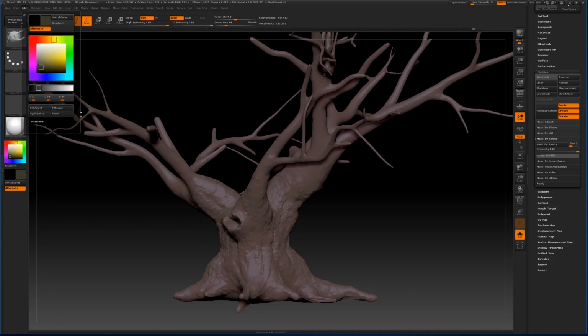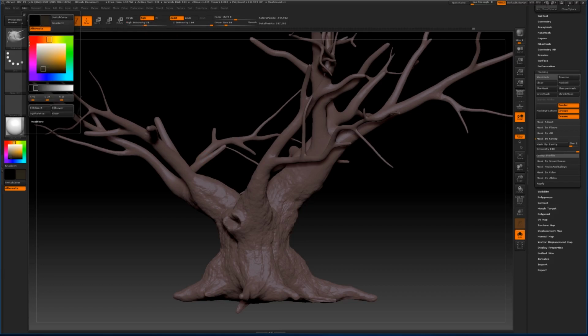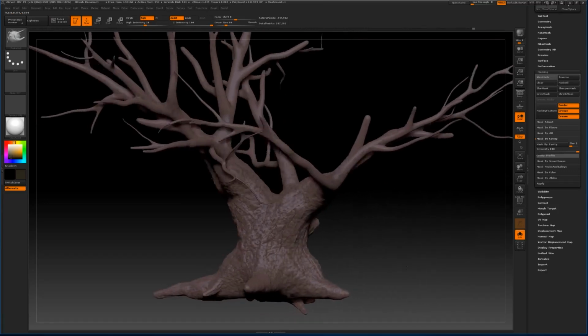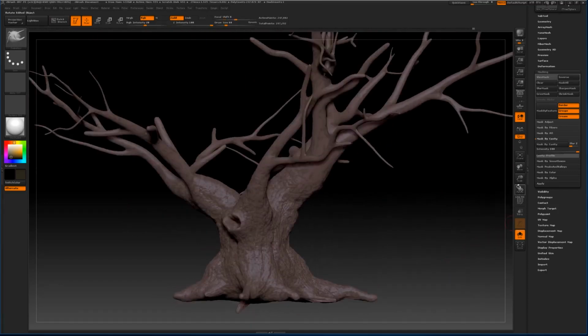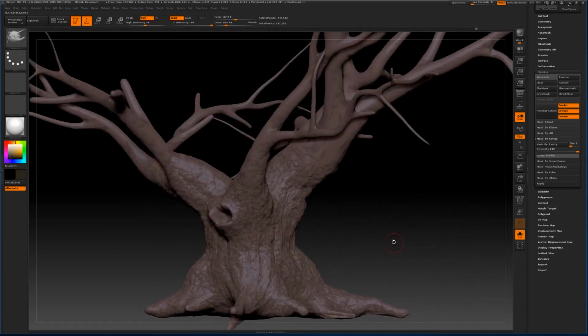That's too much. So what I will do is when I'm trying to do something like this, I don't want it to be that drastic, so I will turn down my RGB intensity to say 20, and I'll do color fill object, and it'll fill it at 20% opacity. So then we can add a little bit of color and not have it be so drastic. And then obviously you're going to go in and paint out your color however you really want it. So I'll clear that mask,